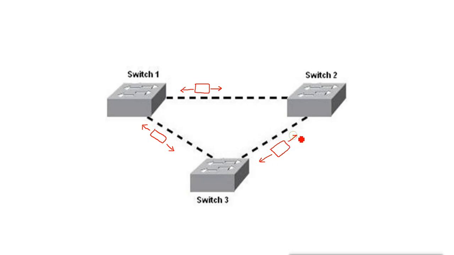Now suppose a port is connected to a normal machine. Suppose here I have connected one port to a normal machine. The switch will again send the BPDU packet to this port also. But because it is not a switch, it will not respond with anything; it will drop the packet. But if the packet goes from this port and is received by a switch, then the switch understands the BPDU packet and replies that it got the packet, and it replies with its own BPDU packet.